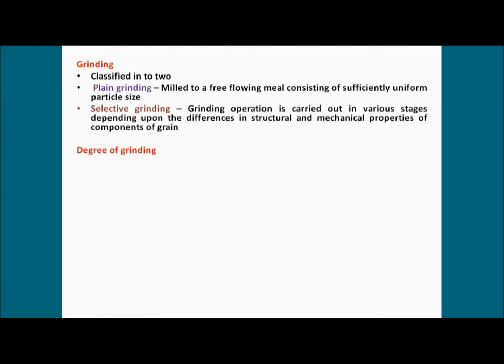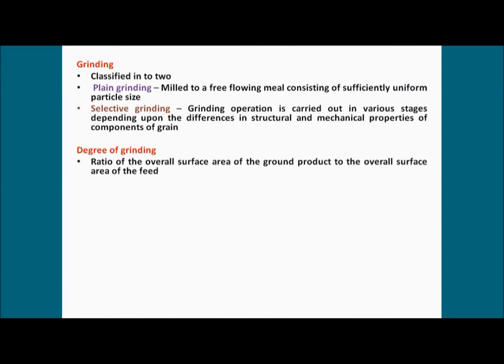Now the degree of grinding. As per the degree of grinding, it is the ratio of the overall surface area of the ground product to the overall surface area of the feed. Degree of grinding means the ratio of the overall surface area of the ground product, means the product which we got after the grinding process. Suppose we have taken the surface area of the stone dust divided by the overall surface area of the feed, means the surface area of the stone. This is known as the degree of grinding.